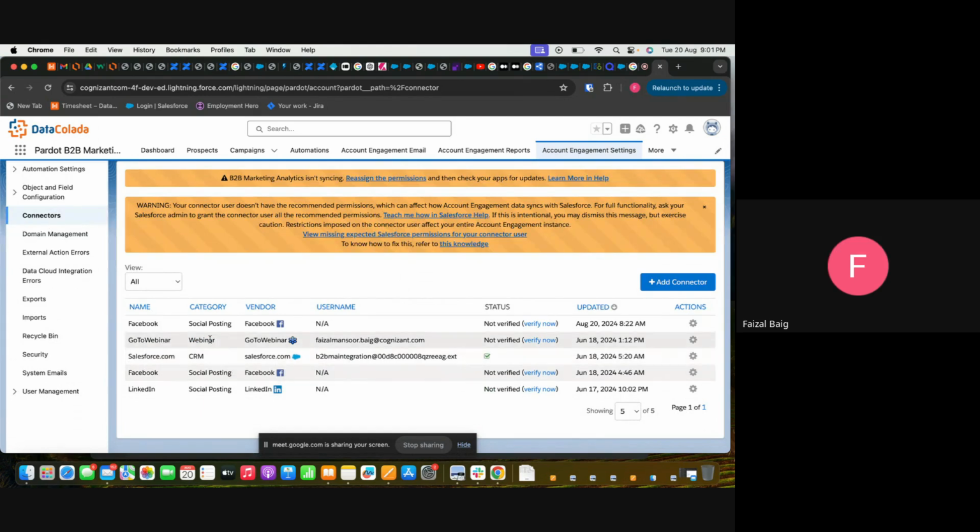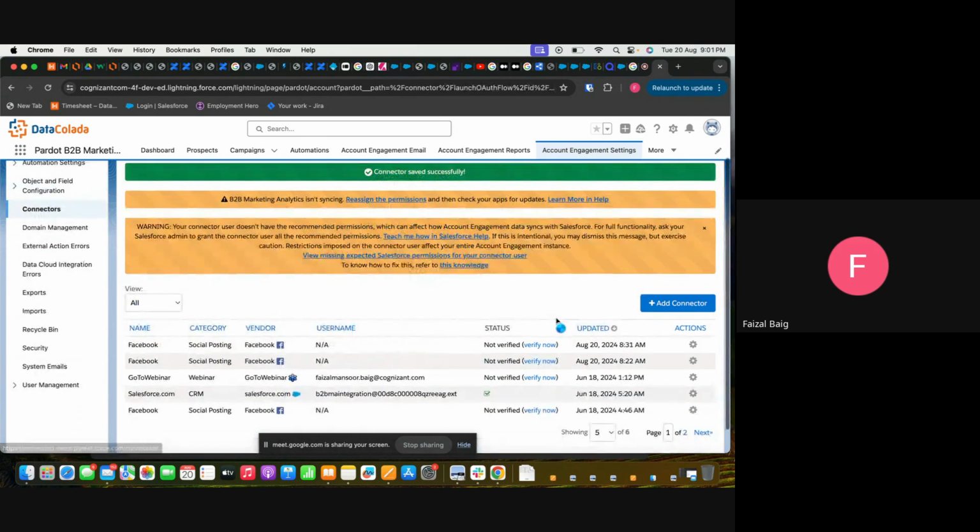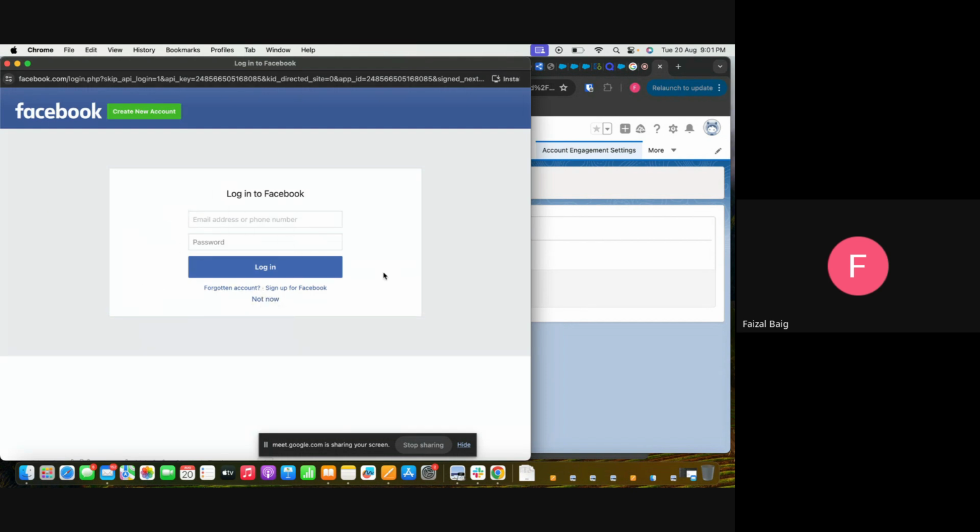Once I have done it, I can see this Facebook app is added as the connector. Now, I need to verify it. Now, verify the connector. This login page will appear. As I said, I don't have Facebook ID, I don't have Instagram, or I don't use any third-party application. But just good to know information, as this